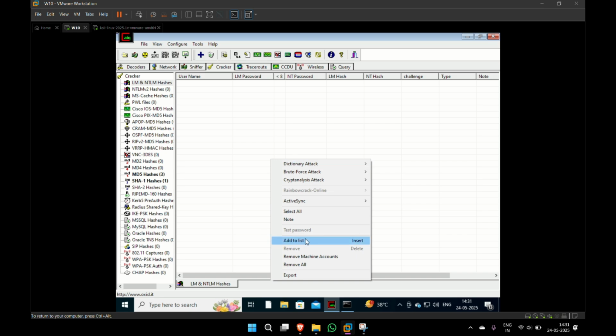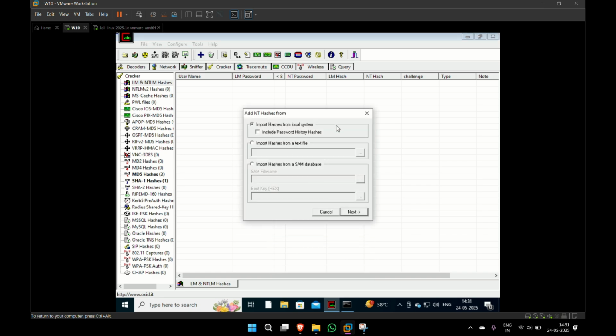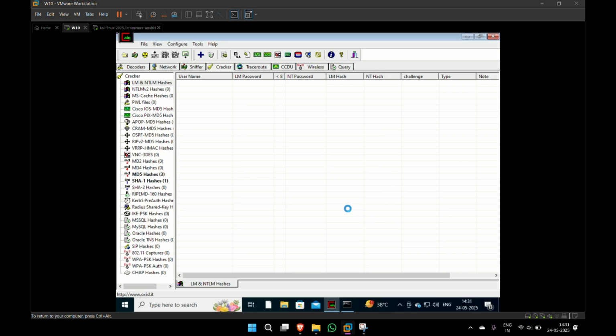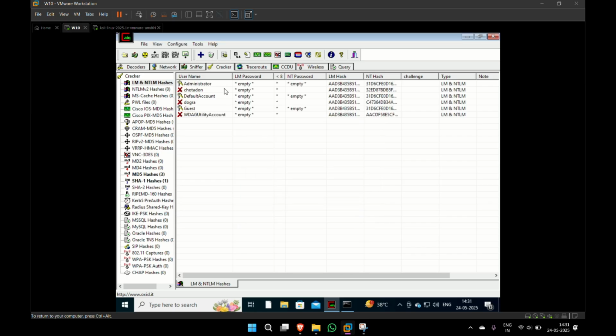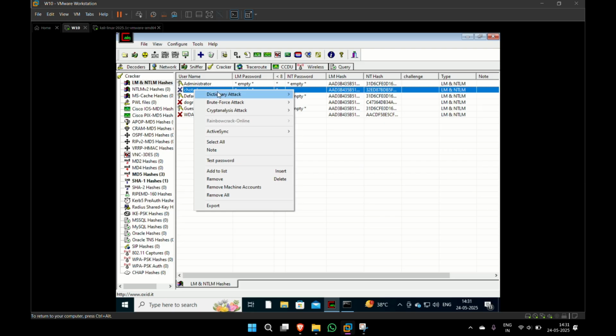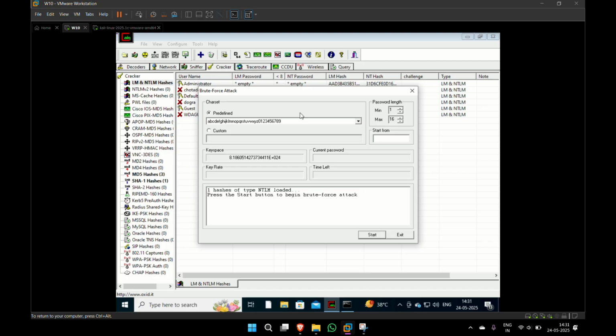Then go to add to list. You can import hashes from the local system, which is this system I'm currently working on. You can import it from a text file, or you can import it from some database. I'm going to import it from the local system and it will show me all the user accounts on the system. These are the user accounts, and Shutterdawn is the one that I have created for this testing purposes. I think it will take some time to crack, but I remember you can go for brute force and NTLM hashes. I remember it was only letters, it was in numbers. I'll reduce the length to 8 maybe,